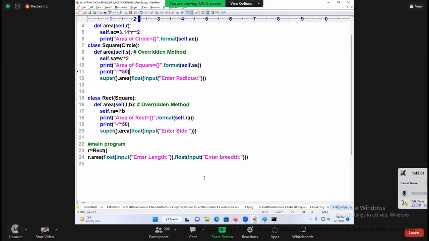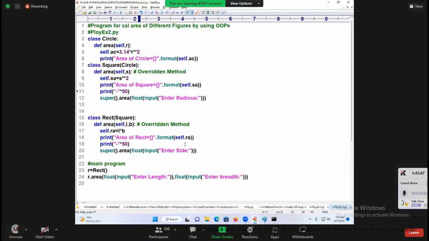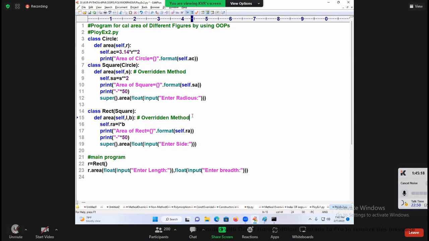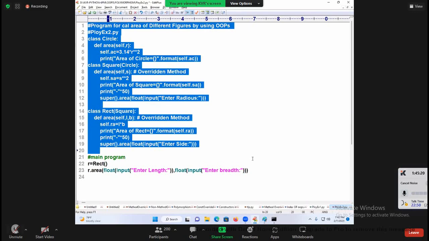Understand? Can I go for one complicated way? One wonderful mechanism I am going to. Shall I go for it? I am going to explain where the super function will not work. Shall I? Online students, are you following me? Now I am going to